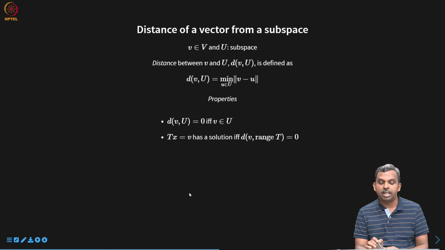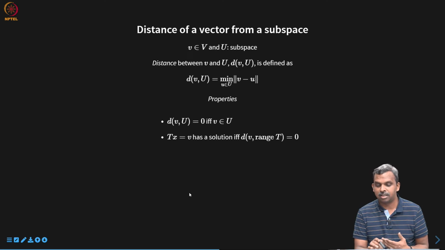That will happen only when the vector itself is in the subspace. So the distance is sort of like, whether it's 0 or not determines whether or not the vector is in the subspace. Okay. So that's a nice thing to know. So this distance already is proving to be a little bit useful, and this property we can use when trying